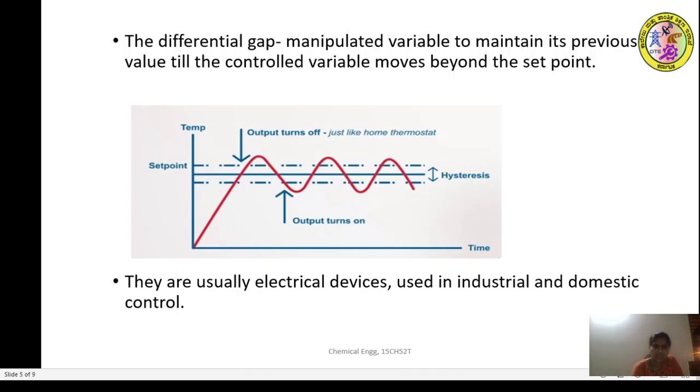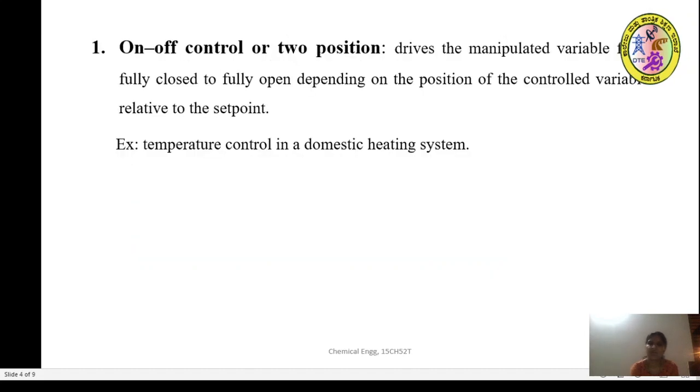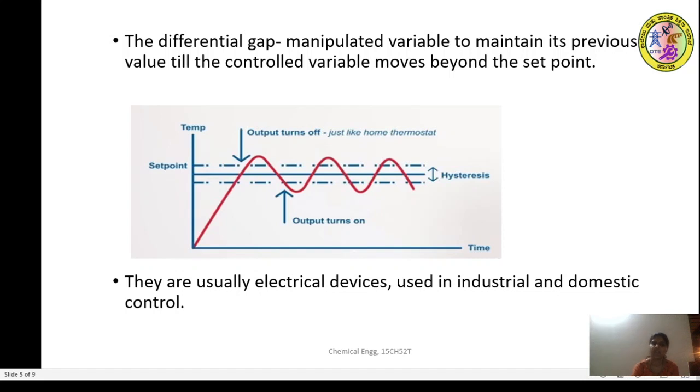If it is less than the set point, the output will turn on. So the differential gap between the maximum value and the minimum value when compared with the set point, that differential gap we also call a hysteresis. Are you understanding? So the best example is temperature control as we have in a domestic heating system.